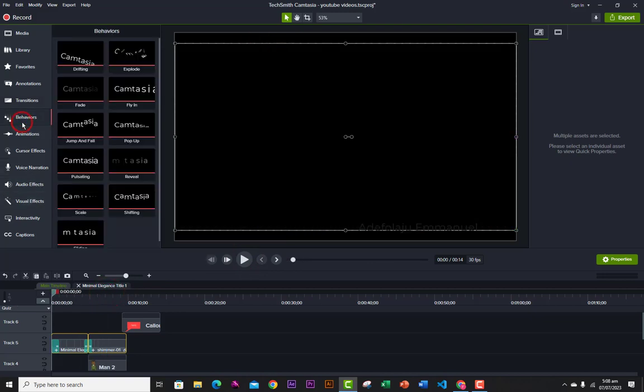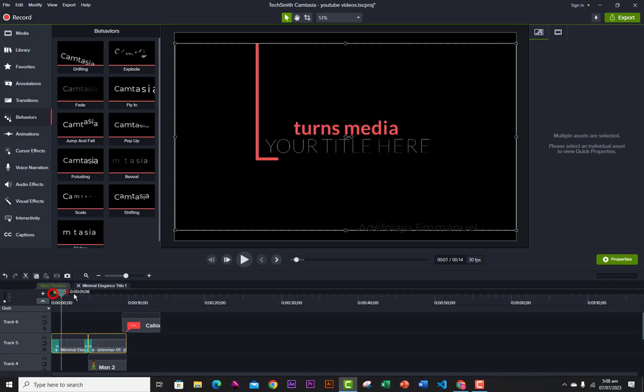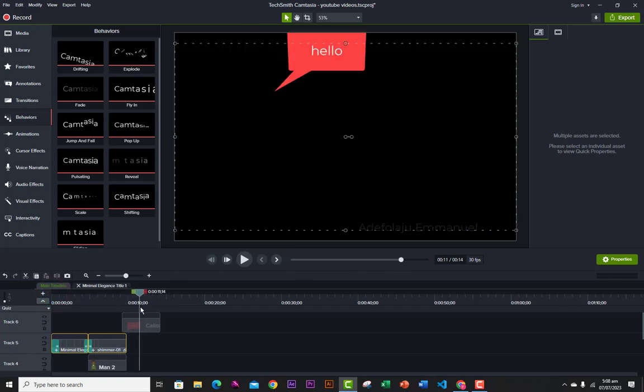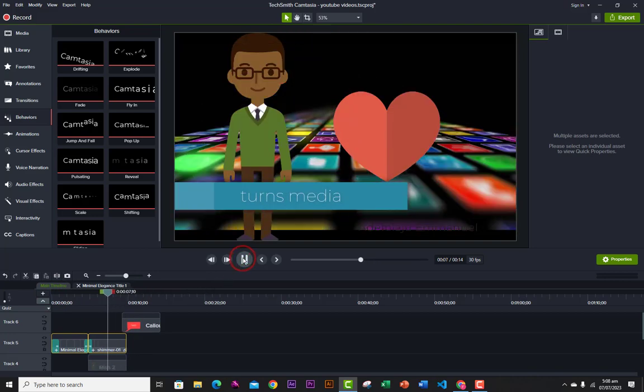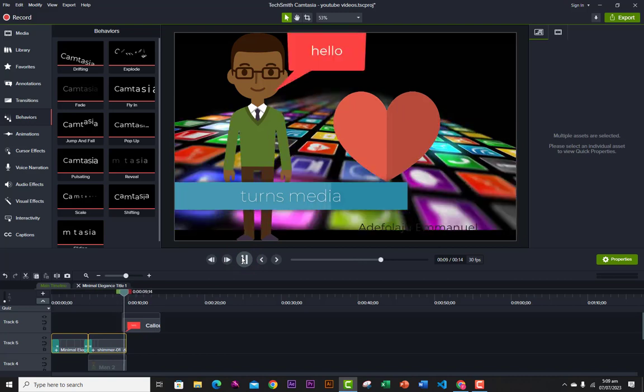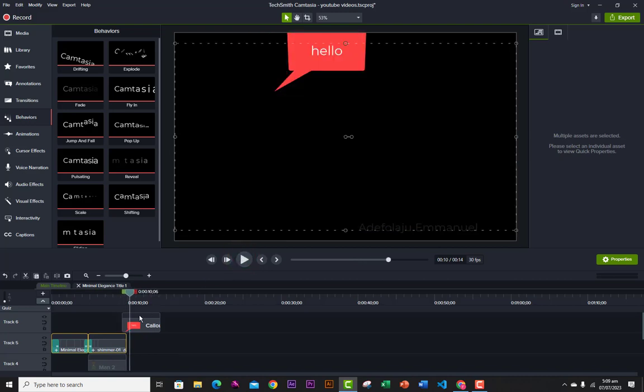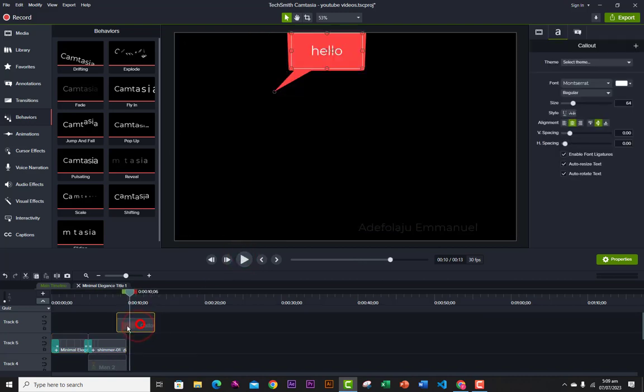Okay, so we have behaviors animation. So these are behaviors animation pop up. Let's say you want an object to pop up in your presentation. Let me use this callout for example. If I don't want the callout to just appear like this, I want the callout to pop up. So I'm going to take this callout and drag it in so that it's going to match with this,